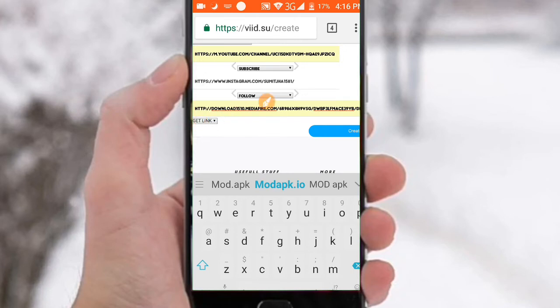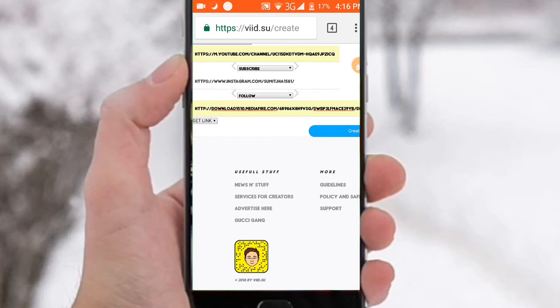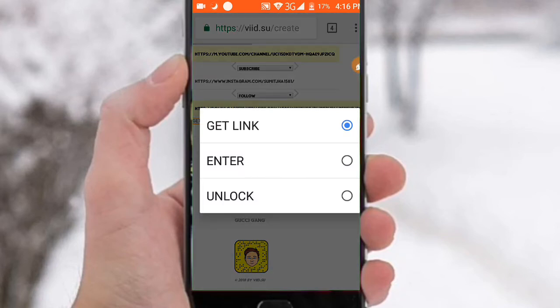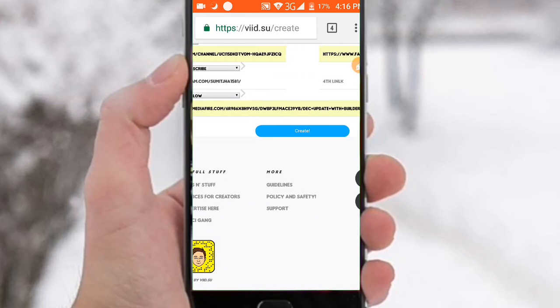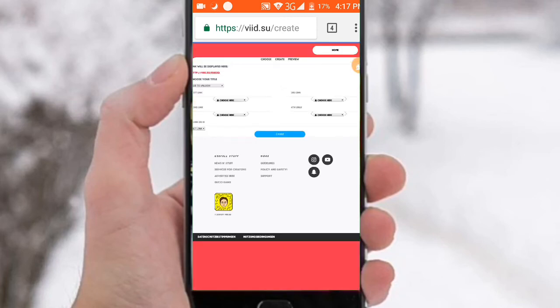Now friends, choose the type of what the visitor should see. Enter unlock, get link. I will put get link, which is the best. Now click the create button. It is now blue in color. After clicking the create button, you will see